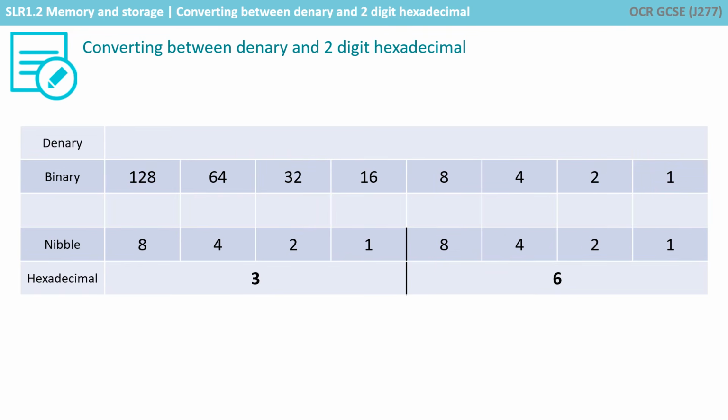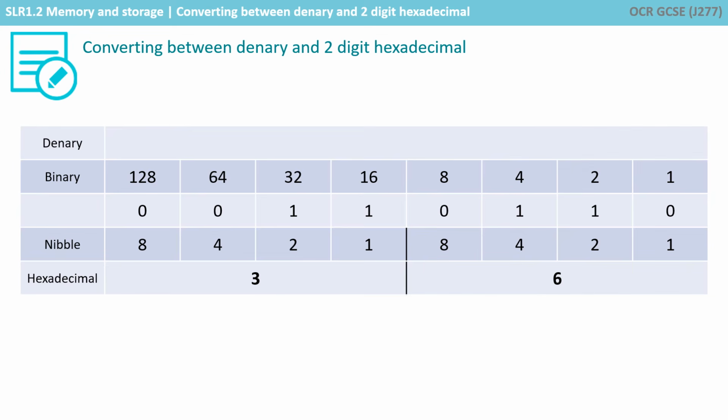Let's do one more. Let's convert the hexadecimal number 36, that's three-six, not thirty-six, into binary and denary. Again, pause the video, take it through binary, and then unpause and see if you got the same answer that we did.